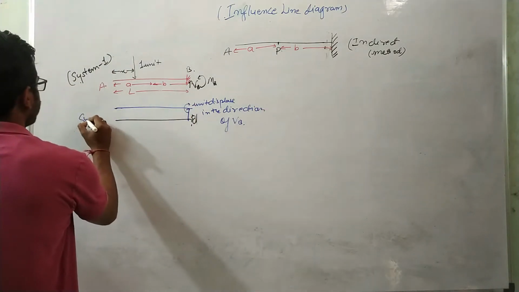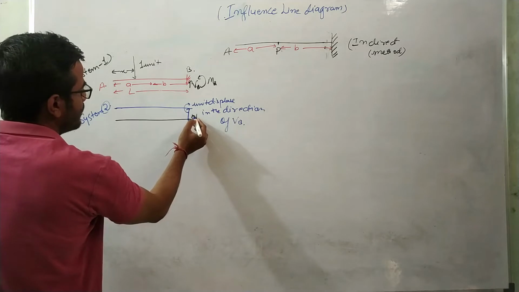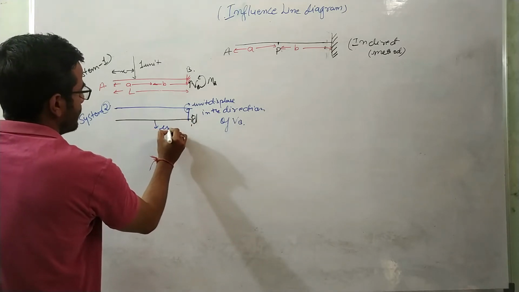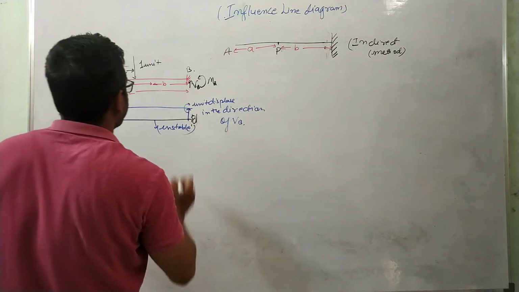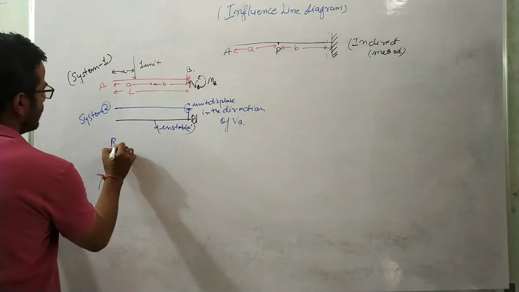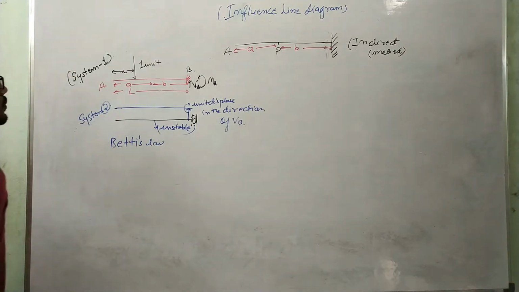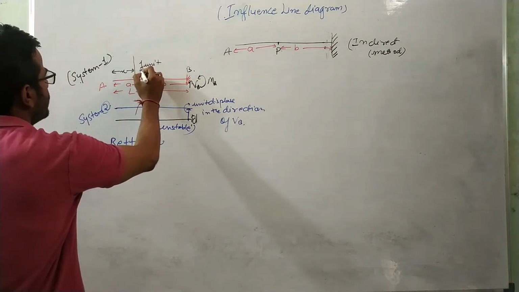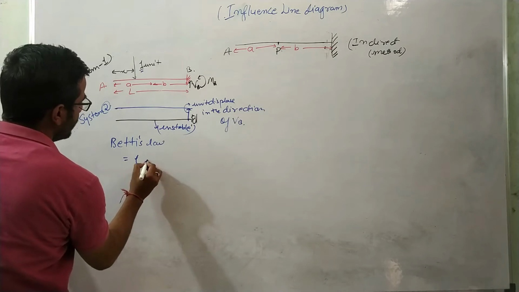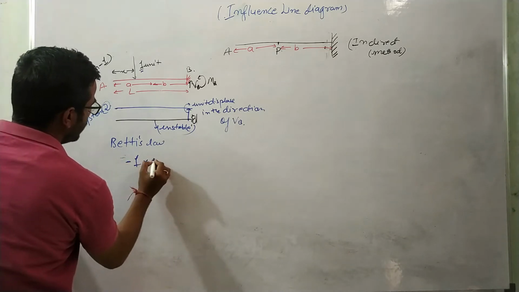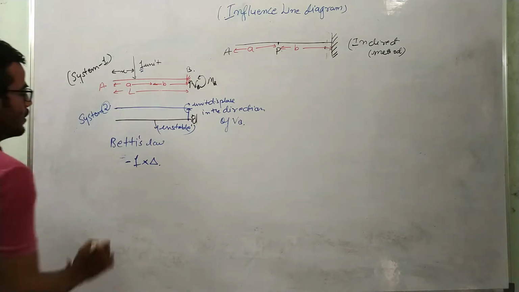Let us suppose this is our system 2. When we release the VB reaction over here, this system became unstable, and we are giving the unit displacement in this direction of VB. So if we apply Betti's law in this system 1 and system 2, the work done by this unit force in going through the displacement of the second system will be minus 1 into delta. Why minus sign? Because this displacement is opposite to the direction of the applied load, right? So minus 1 into delta